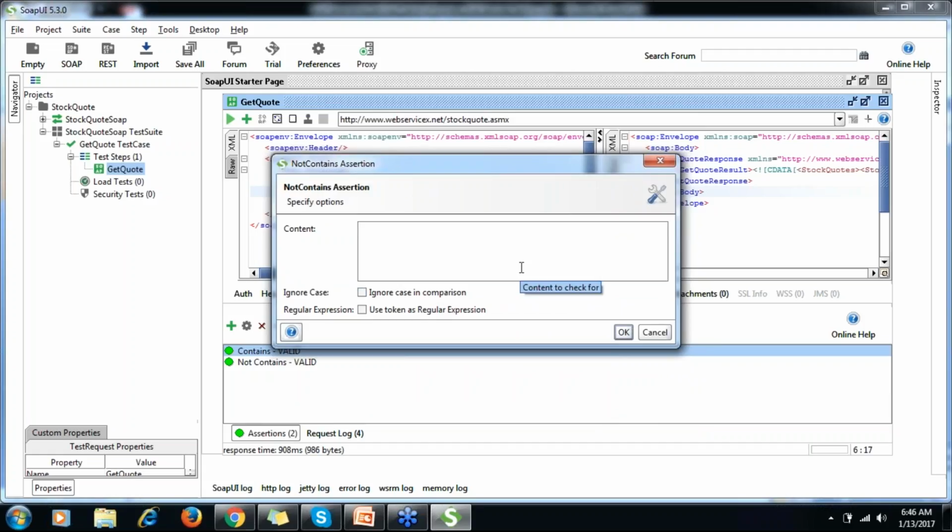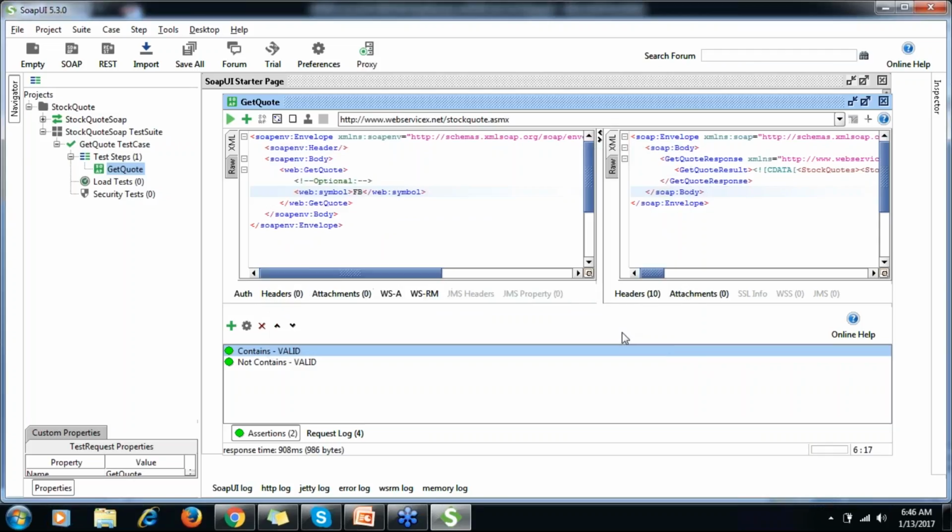Suppose I don't want something to be there in my response, something related to a password. There should be no tag name or property value like this. Okay, and if I click OK, my response doesn't contain this.